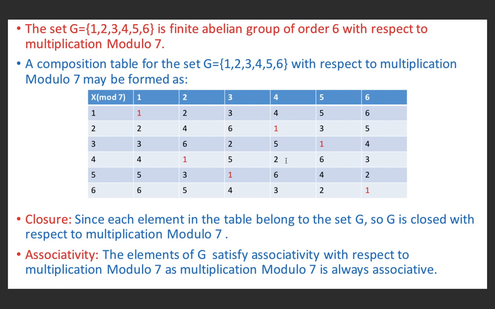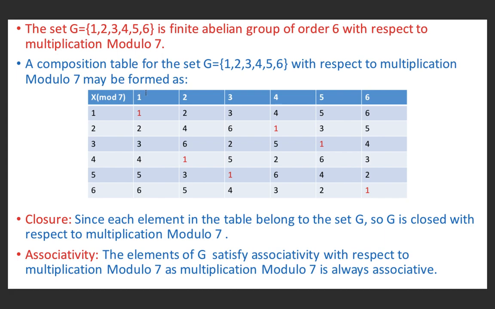So first of all we will construct a composition table. For this we will write the elements of the group, 1, 2, 3, 4, 5, 6, in the top border row and in the left border row. We will write the binary operation, multiplication modulo 7, in the extreme left corner. To write the elements in the first row, we will multiply the elements of the top border row by 1 and then divide the resulting element so obtained by 7.